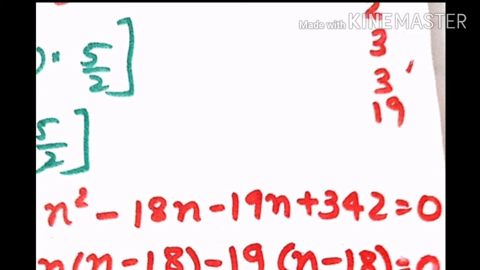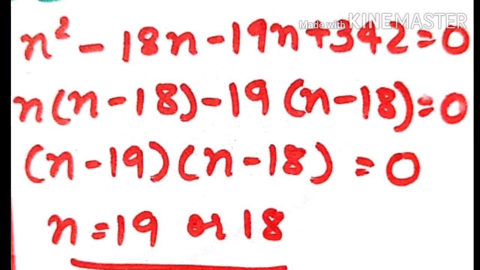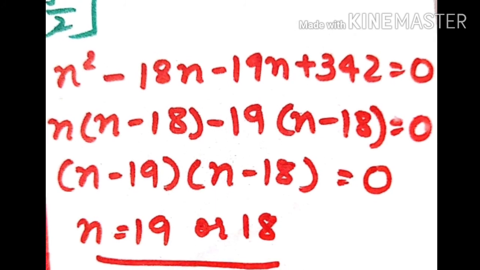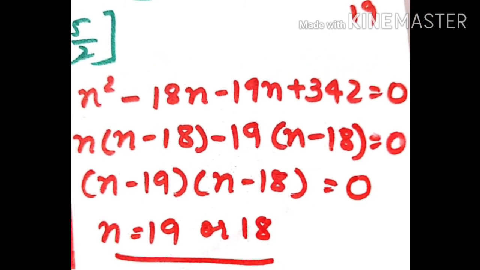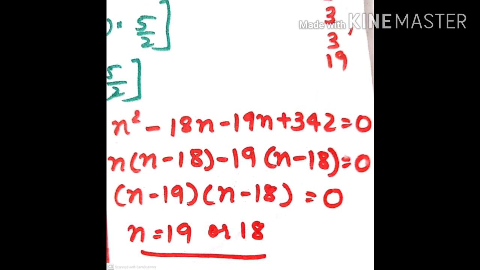Now from the first two terms we take n common. So n in the bracket (n minus 19) and minus 18 in the bracket (n minus 19) is equal to 0. This is the kind of factorization we have already studied in our standard 9th, and also we are using in 10th standard. Now (n minus 18) and (n minus 19) is equal to 0. These are the two brackets. So we get here two n values. They are either n is equal to 19 or 18. So this way we have completed question number 4, how many terms of the AP should be taken to get the sum 513. So it may be 19 or 18.